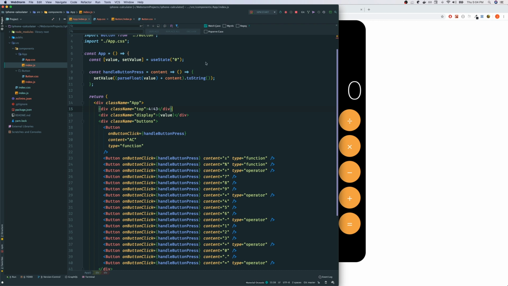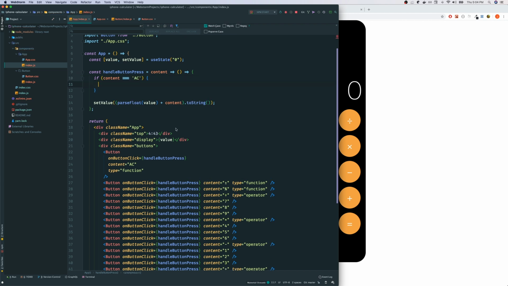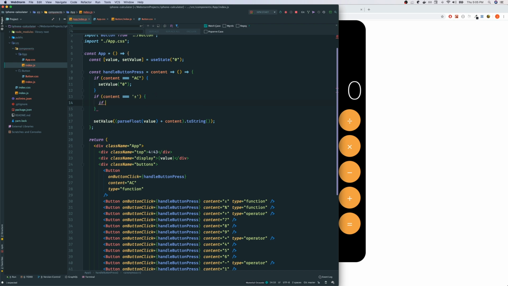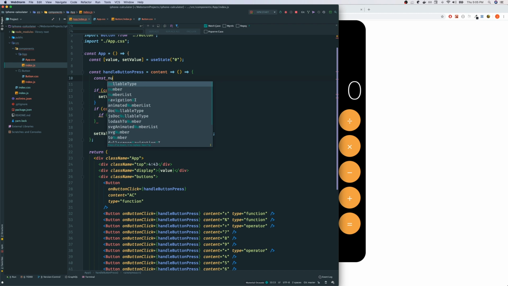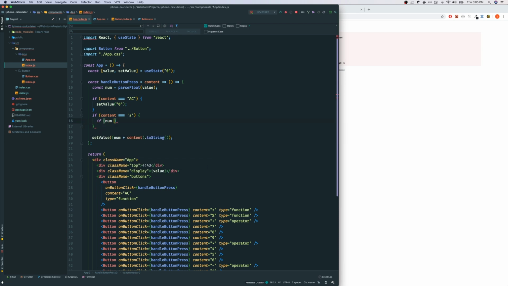Let's start taking care of the easy ones. So if content is equal to AC, then set value back to 0. Let's see. If content is equal to plus minus, and I can actually copy this and bring it over here. Let's do this. I'm gonna parseFloat it and make that into a variable here. Then this would be num, like so, and then let's do if num is less than 0,